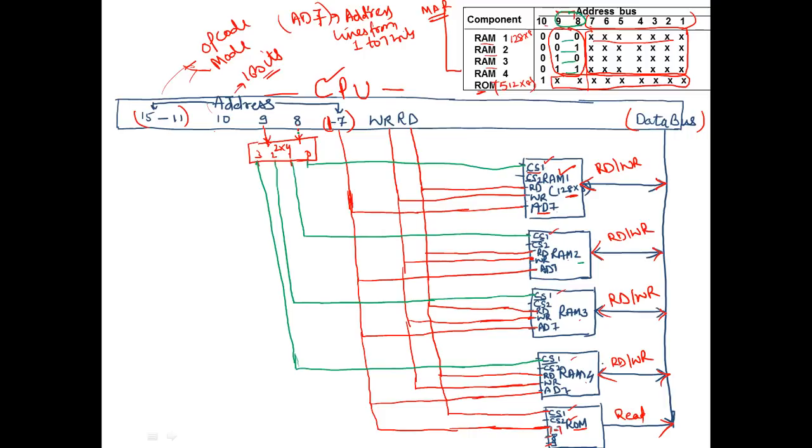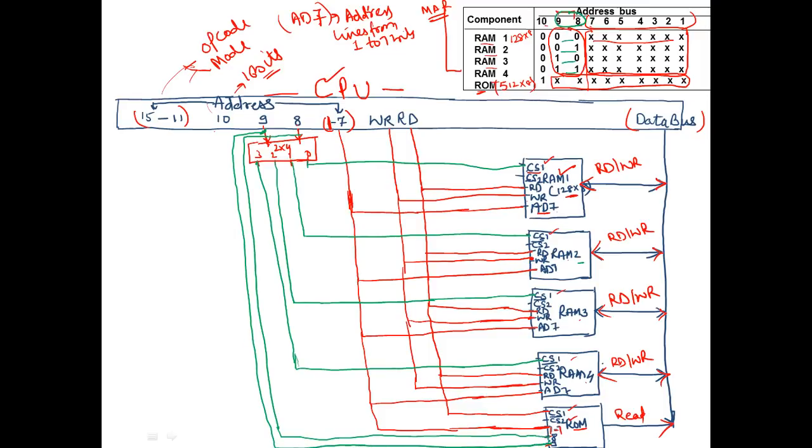So what I am going to do in case of ROM is directly take this value and provide it here. Similarly, this ninth bit, in the case of ROM, because ROM will be taking the direct values, as it requires the 9-bit address line. Okay, so we are done with all this. Now we are left with this 10th line, and you can see here CS1 is also done, read, write, and address bit 7 are done. So we are only left with this CS2 complement value.